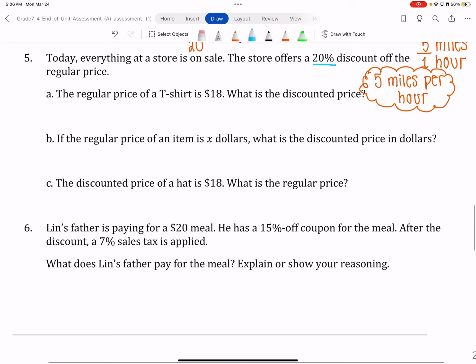Well, it's 20% of $18, right? So first you want to change the 20% into a decimal. So you'll do 20 divided by 100, or you'll just move the decimal place 2 places over to the left to get 0.20. And "of" tells me that we need to multiply, so it'll be 0.20 times 18. And that should give us an answer of